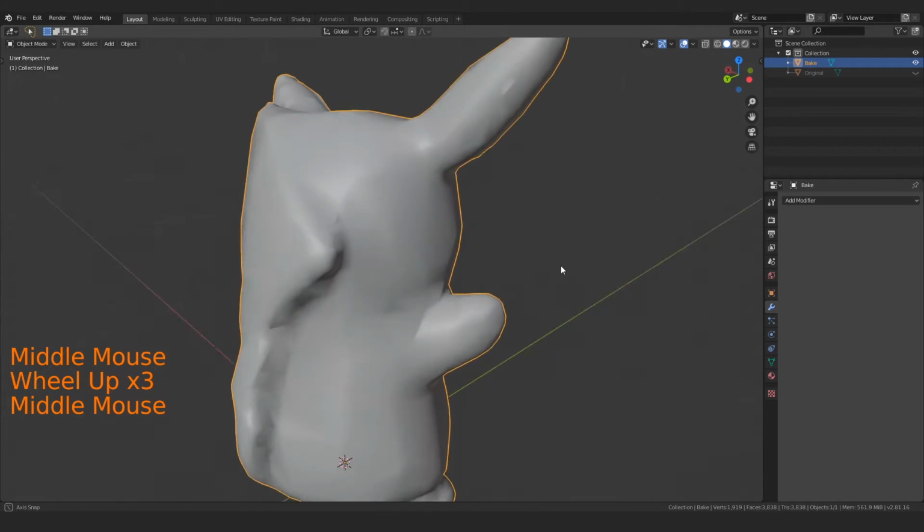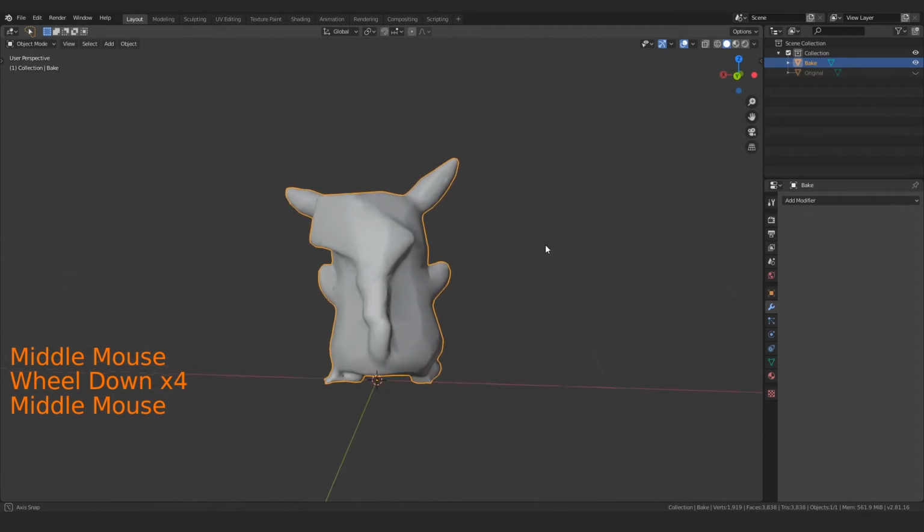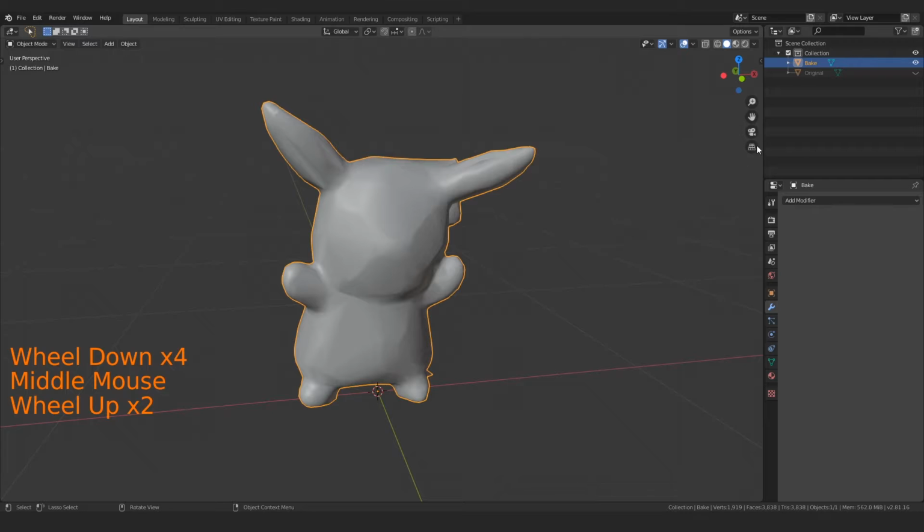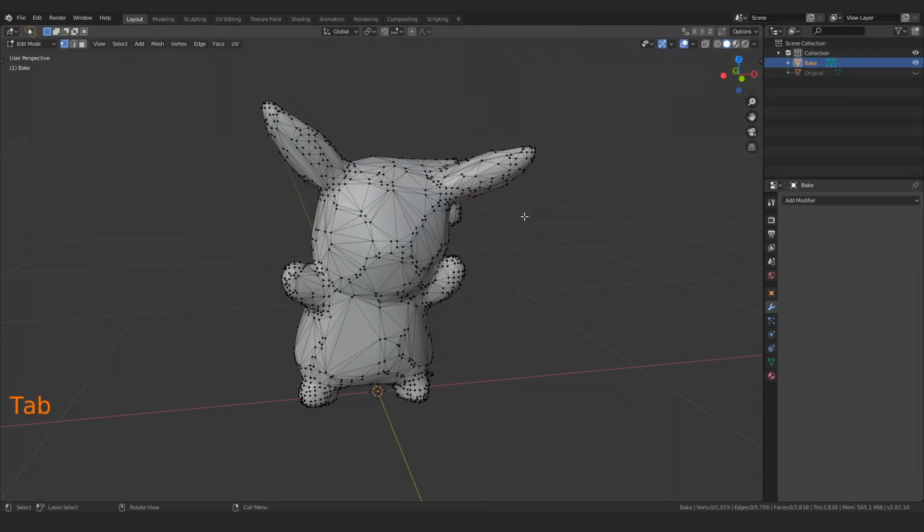And so now you can see it's a much more simplified model that still follows the silhouette of the Pikachu plushie, and I will be able to project the texture of that on here. So now there are a couple of things I need to do before we can do the texturing setup for this. So I'm going to tab into edit mode,